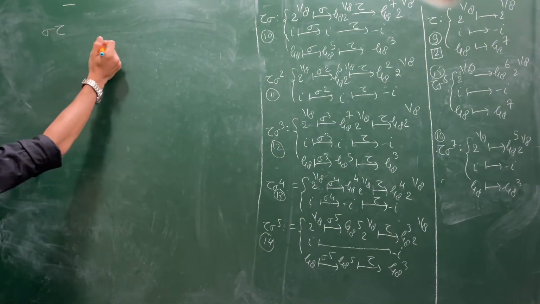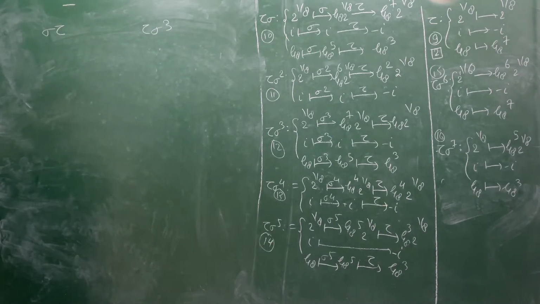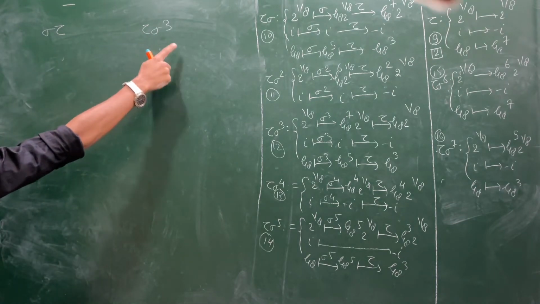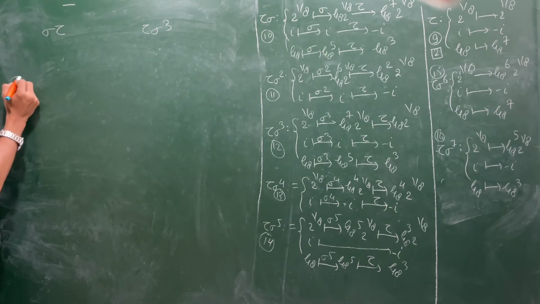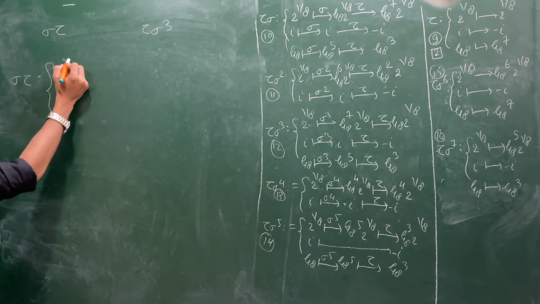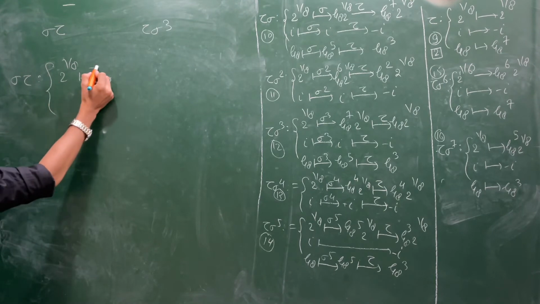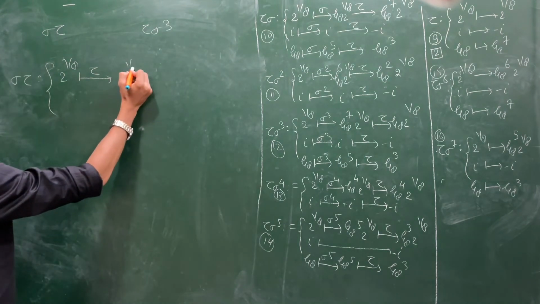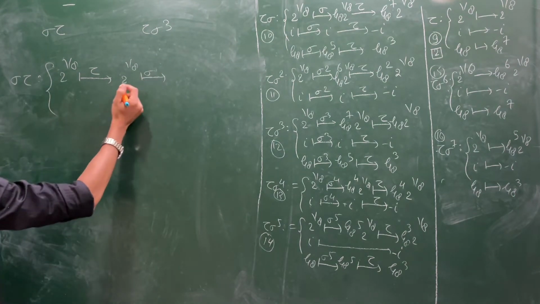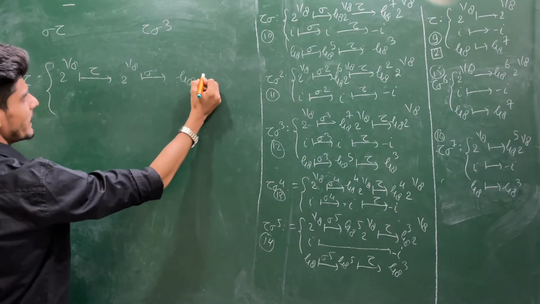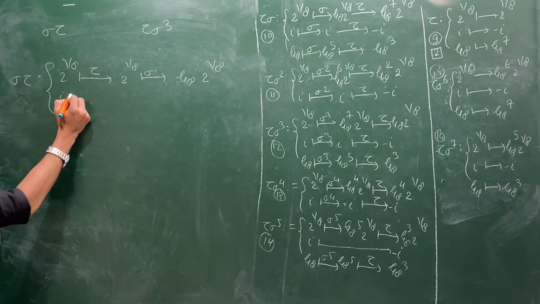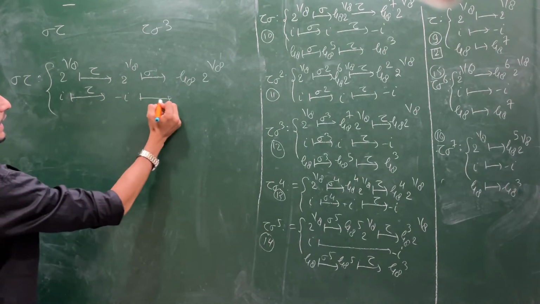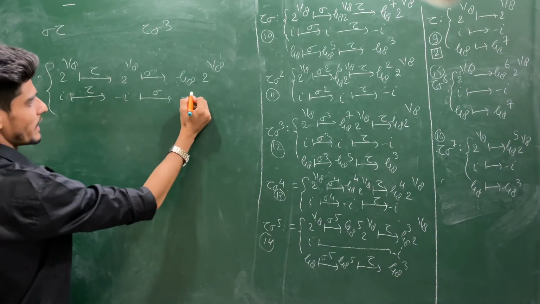We find this sigma tau and tau sigma cube. See, the sigma you know, and tau sigma you already have here. So let me find this sigma tau. Sigma tau, how can you calculate? You take the 2 power 1 by 8 element. First you operate tau, then if you operate tau on this element, you will get 2 power 1 by 8. And now you operate sigma, you will get zeta 8 times 2 power 1 by 8. Now you take iota. Iota is mapped to minus iota under tau, so you will have minus iota. And under sigma, your iota is fixed, so you will have minus iota here.